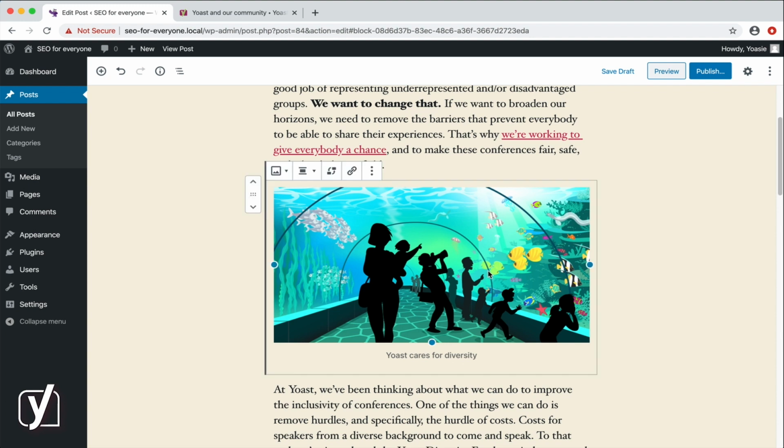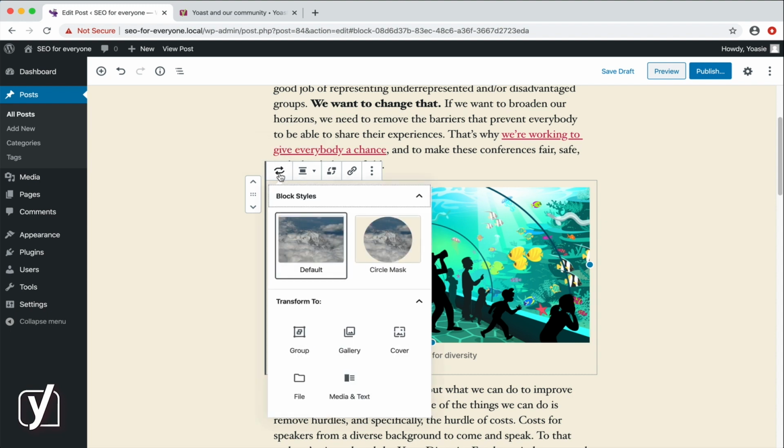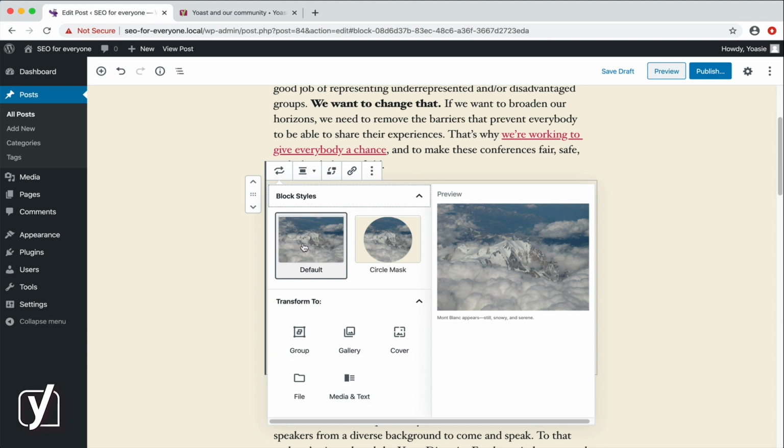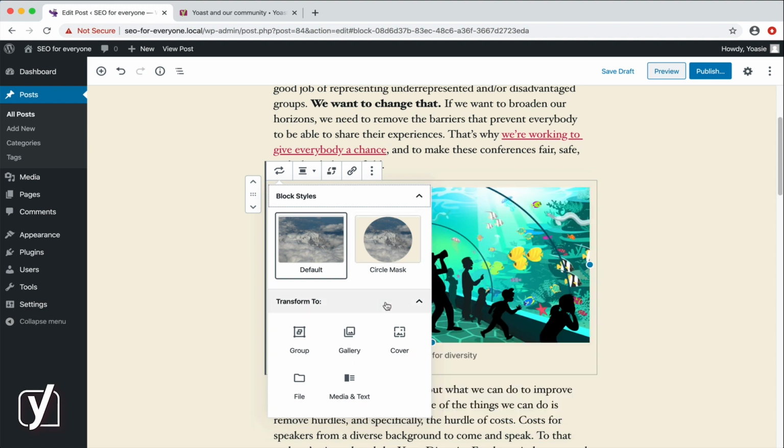Let's go to the image and see whether things are different in the toolbar. The Transform button is here again at the start, only it has a different icon. The options the Transform button reveals are also different. As you can see, I can change not only the type of block, but also the style of the image. I don't think a circle would work for us, so I won't touch that. If I wanted to transform this block, I could turn it into a gallery, choose the media and text block,